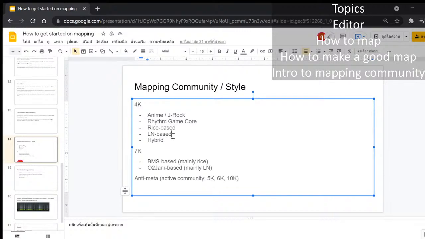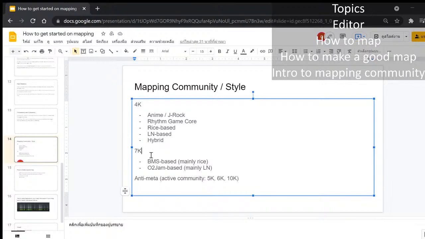There are so many people mapping some conceptual stuff, some actually successful and some actually failed. But yeah, I won't mention that. And yeah, there are hybrid. And there are 7K people, which is